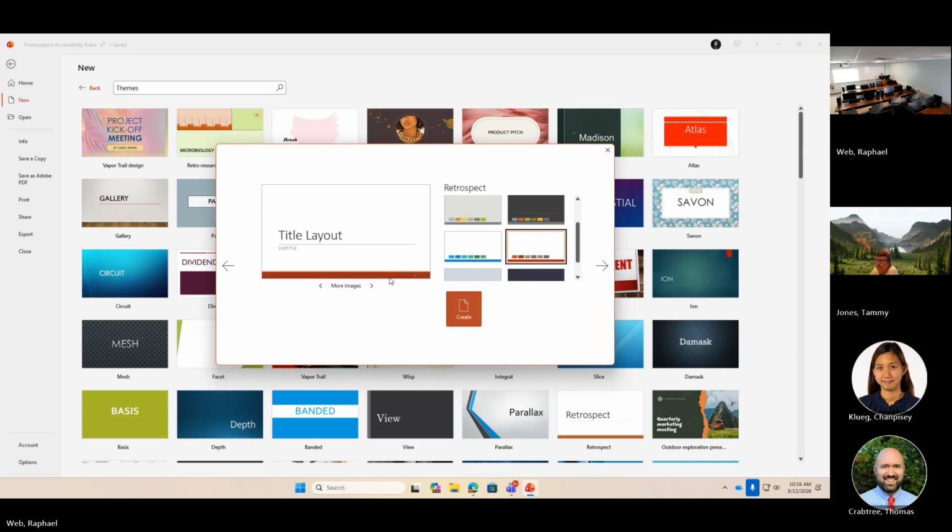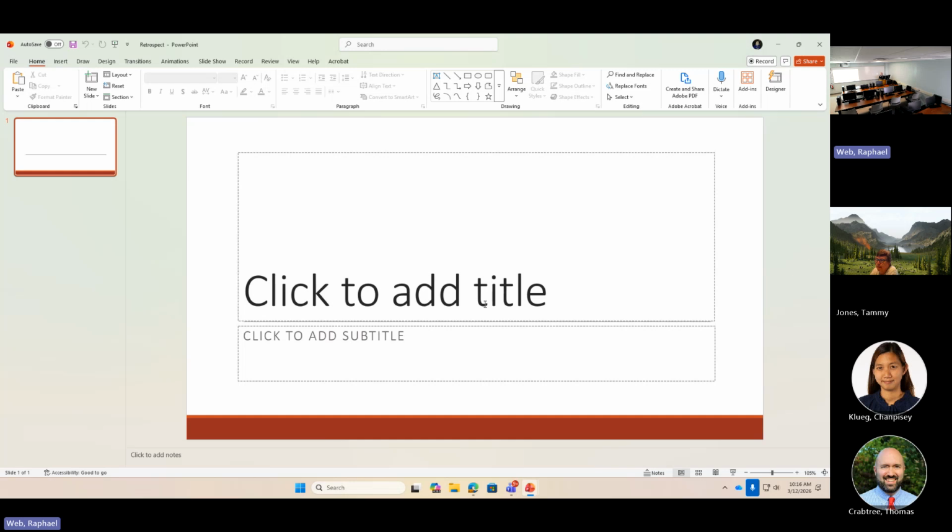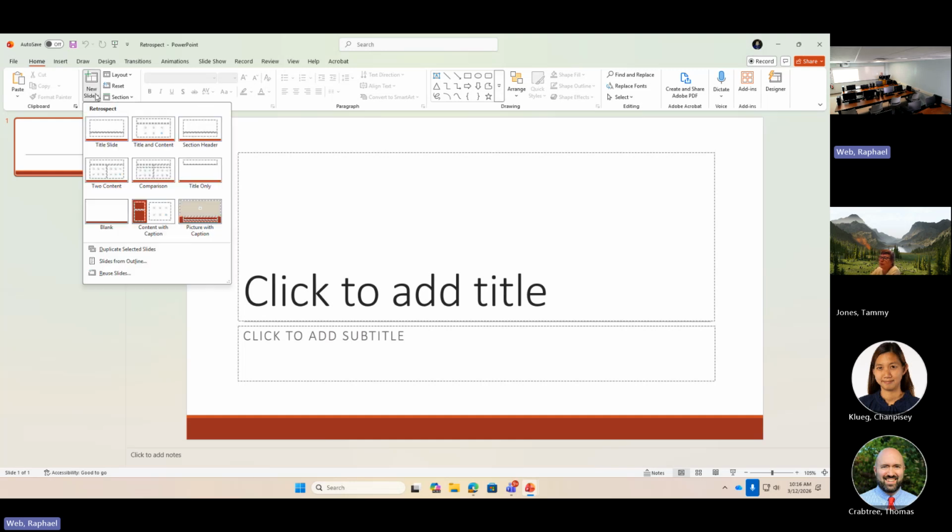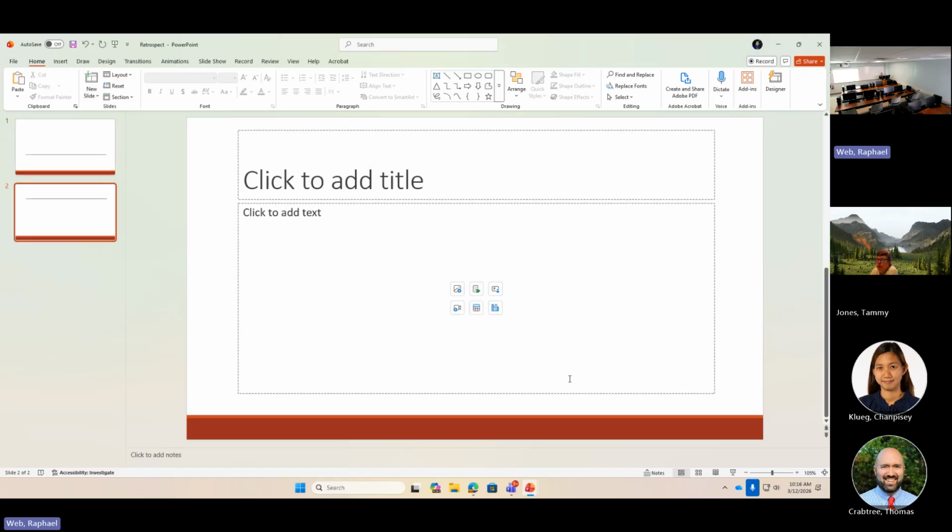The simpler the background, the better. So I'm going to go ahead and create this template over here. And now I have this simple template. Now, if I put in a new slide, each one of these new slides will carry the template. So I'm going to go ahead and say title and content. I have the same